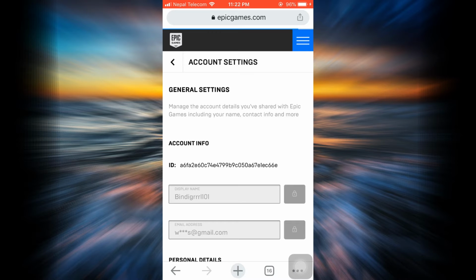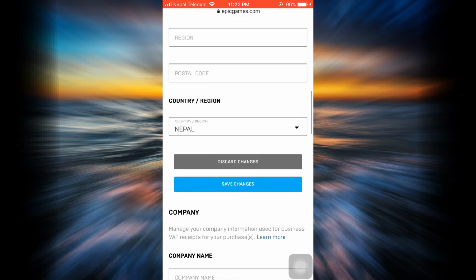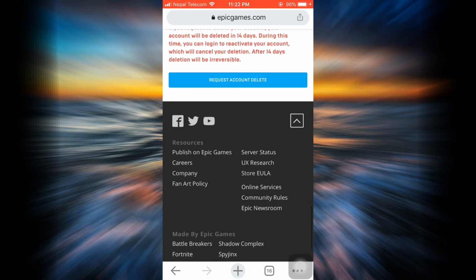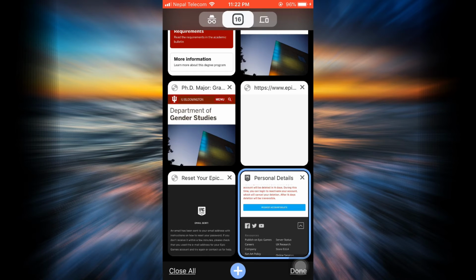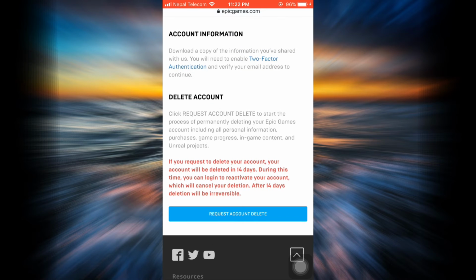So when you land on this page, all you have to do is scroll downwards till you go to the very end of that particular page, and you will see an option that says delete account. So here it says that if you request to delete, your account will be deleted in 14 days. During this time, you can log in to reactivate your account, which will cancel your deletion, and after the 14 days time period, your account deletion will be irreversible. So tap on request account delete,